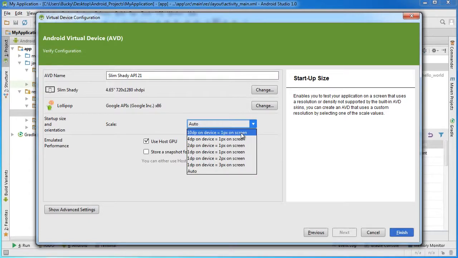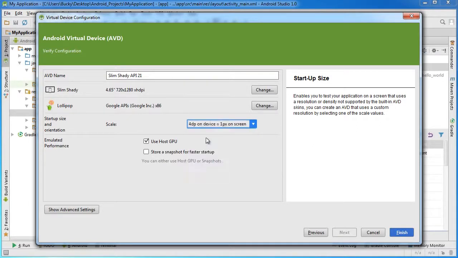10 dp is like a really mini phone. It's just way too small. So again, I'm going to choose